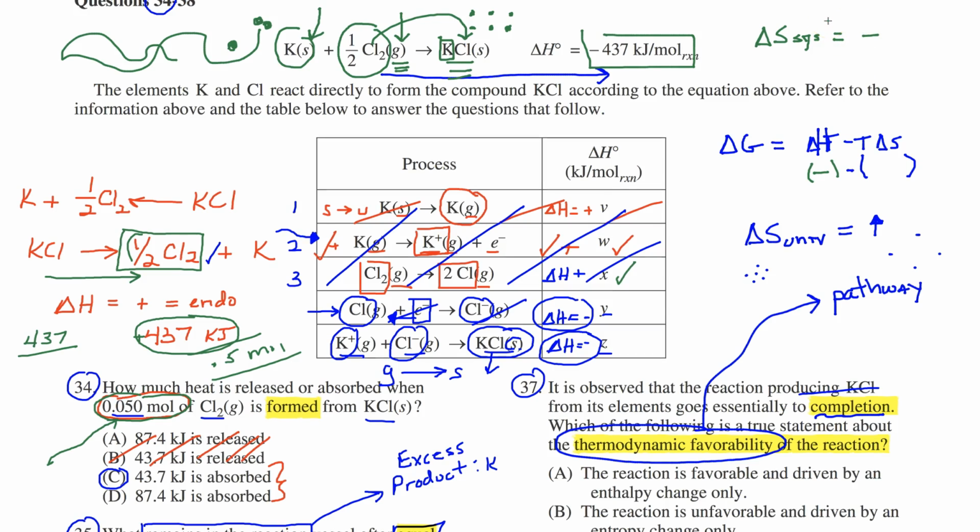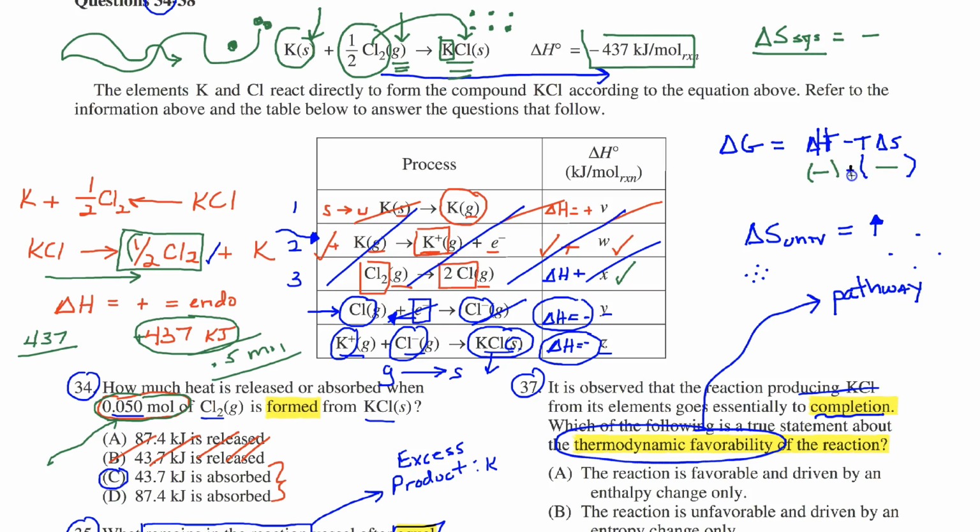Delta S is the measure of particle freedom, dispersion of energy. We're going to take this energy of a gas that's flying around, and we're going to lock it into this solid. You're losing degrees of freedom here by taking a gas out of the surroundings. So the delta S of the system is decreasing. So I'm going to put that here. Now we're going to do our math. So minus